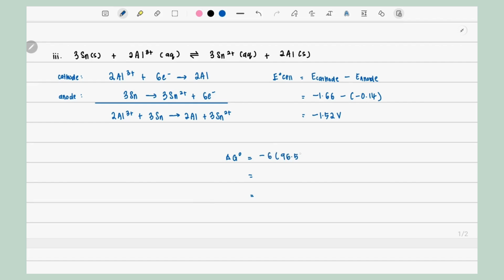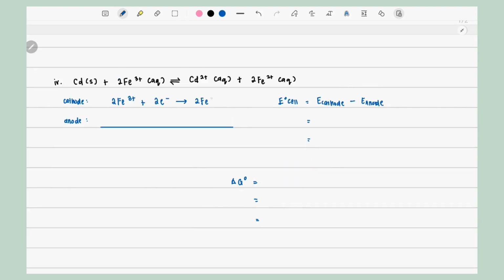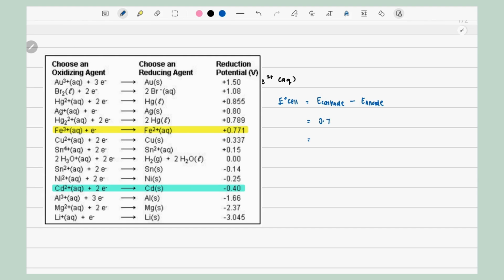The total electron is 6, and we put in the Faraday constant and also the E naught cell, and we will get the value 880.08 kilojoule per V-mole. And then we will convert it into joule, which is 880.080 joule per V-mole. For the last question, we also determine the half equation to determine the cathode and anode,